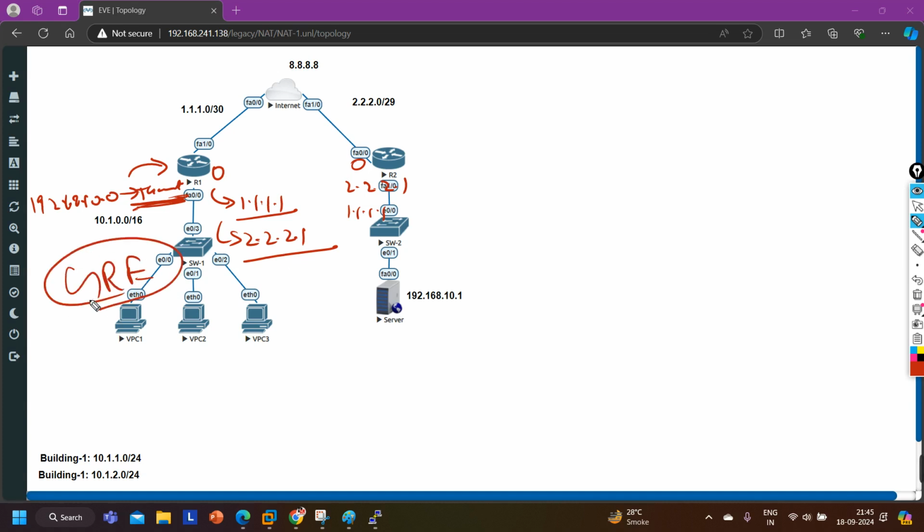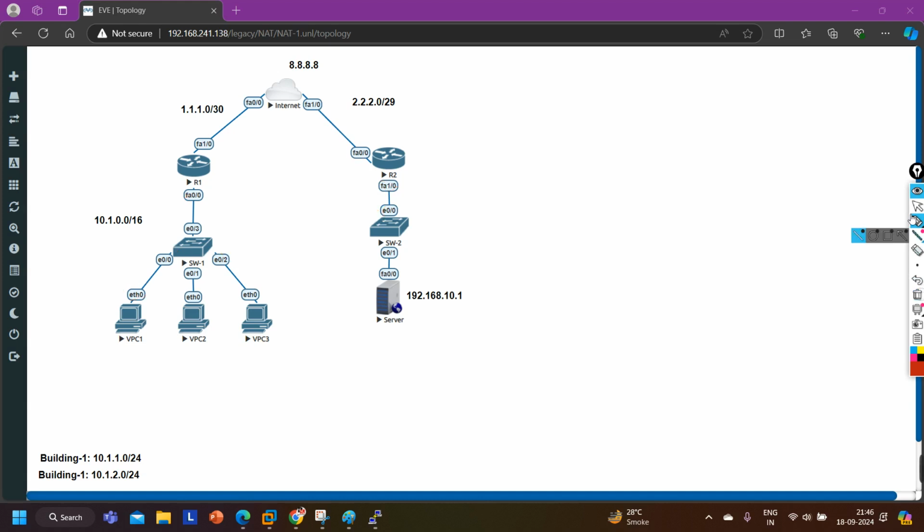In the GRE header, the source will be the tunnel source IP address and the destination will be the tunnel destination IP address. So on router number 1, I can say interface tunnel 1, source 1.1.1.1, destination 2.2.2.1. It's very simple.